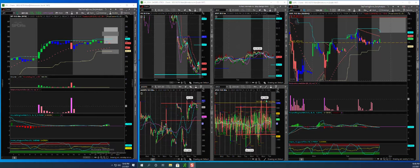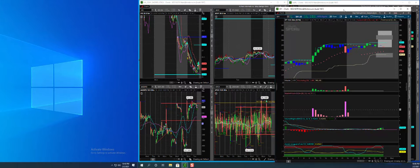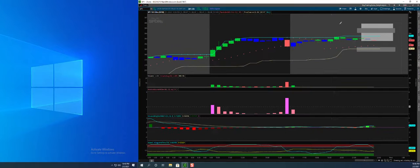more shorts on the SPY, more on the QQQ and Apple. I'm looking to do some calls, or actually call spreads in the VIX itself. And let's show you the areas that I'm talking about. All right,